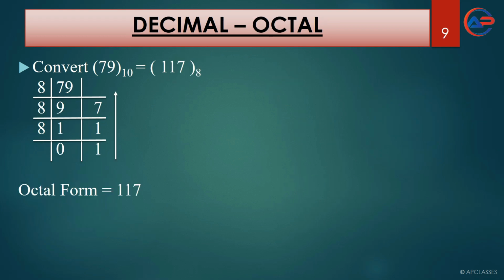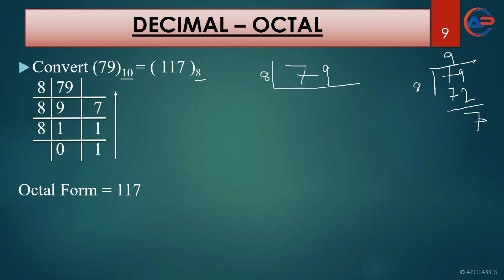Similarly, if you want to convert a decimal number system to octal number system, again we know that decimal to octal we have to divide by 8. Here it is given 79. We have to divide it by 8. If you don't know the direct division, you can divide it separately like this. We know that 8 nines are 72 and the remainder is 7, right? Here we have to write the quotient part, and here we have to write the remainder, that is 7.